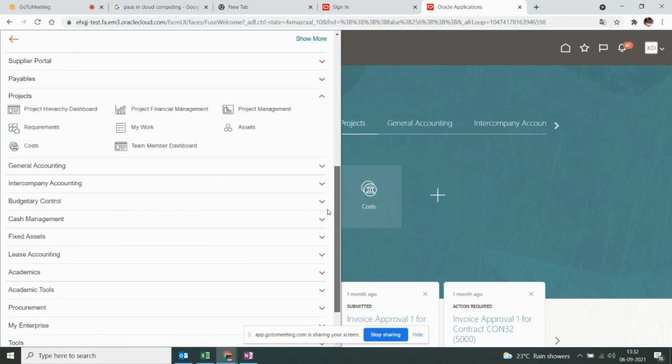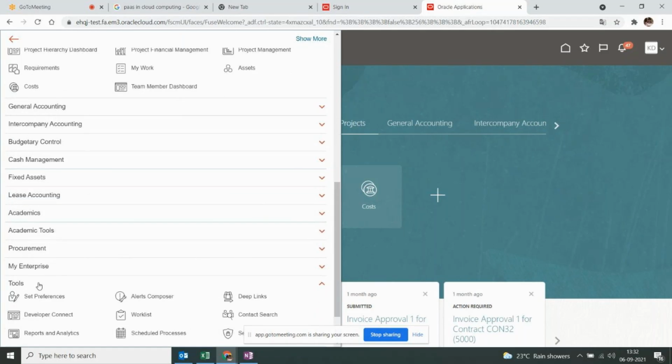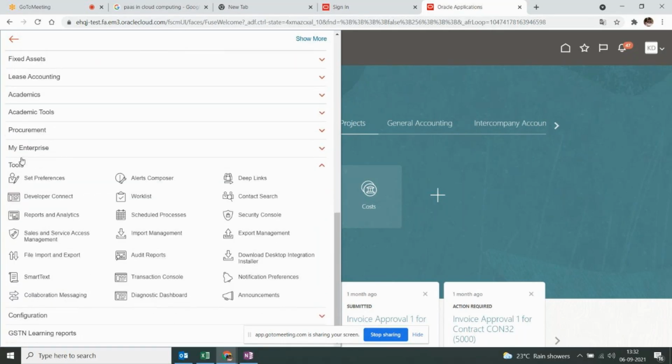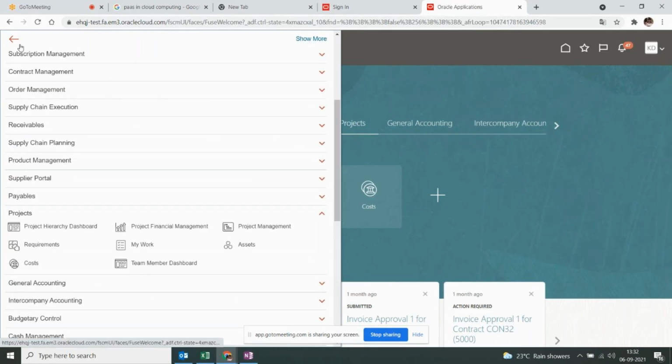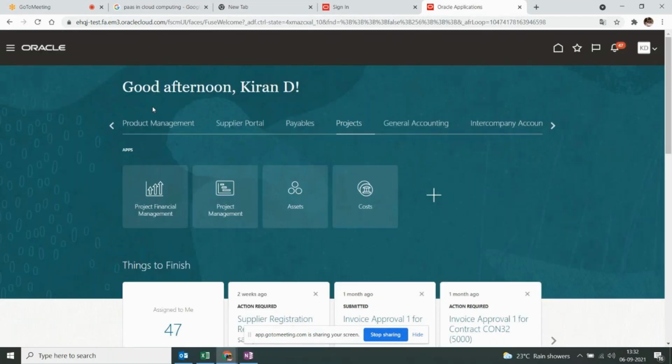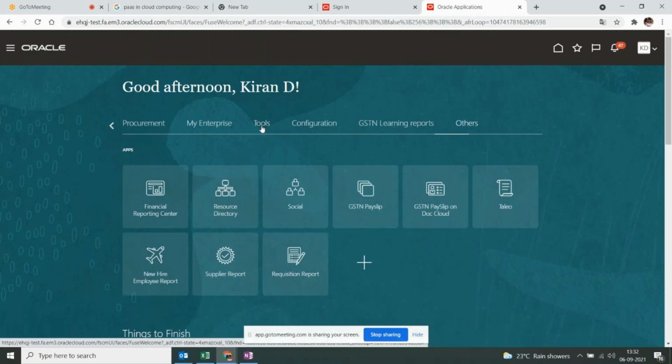And if you scroll down here, you can also see some tools. Within the tools, we have some important things which we will see in detail. My point is to remember what the navigator is and what it contains. What you are able to see within the navigator, you can also see here, so even the tools and others are here, right?